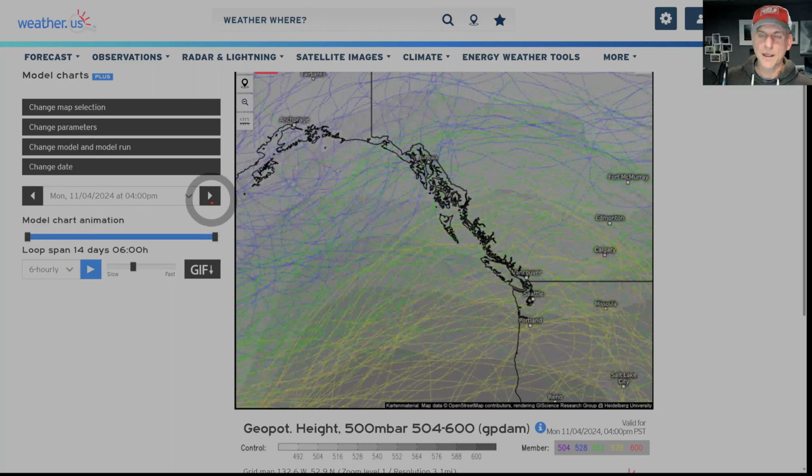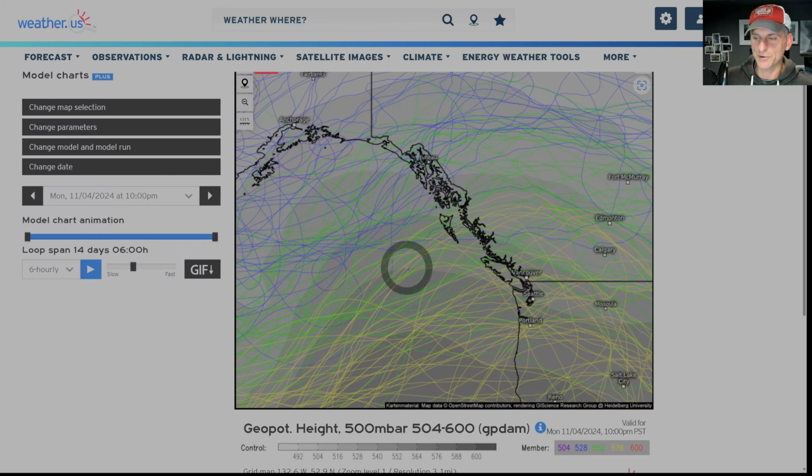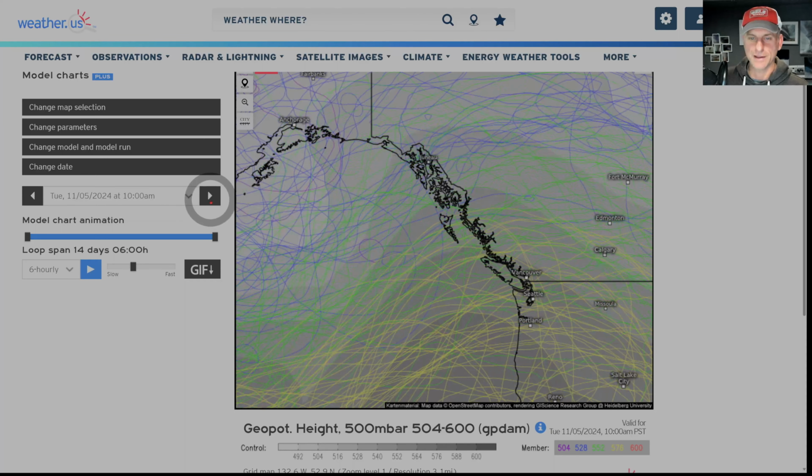You can imagine the gymnastics that a forecaster's mind goes through when a family member comes up and asks you, hey, what do you think the weather's going to be like on election day coming up here? And immediately this is what your mind looks like as a forecaster. You're like, there may be some ridging on the west coast. There's probably going to be some Gulf of Alaska troughing, but you can see these spaghetti lines are all over the place. You've got huge disagreement. And probabilistically speaking, you're going to be like, yeah, I don't really know what's going to happen there. And you'd pretty much be telling the truth.